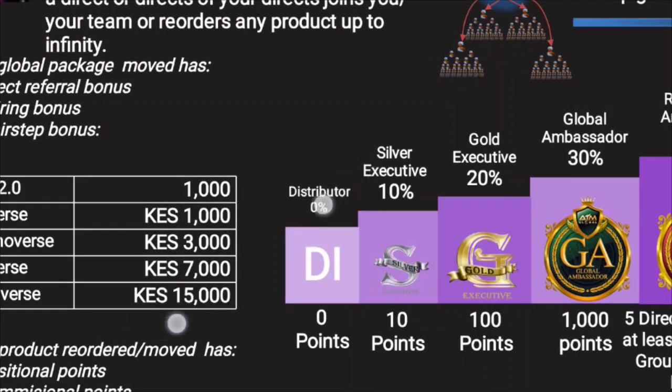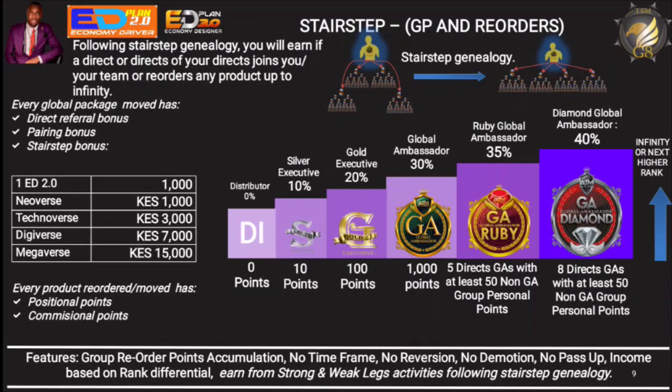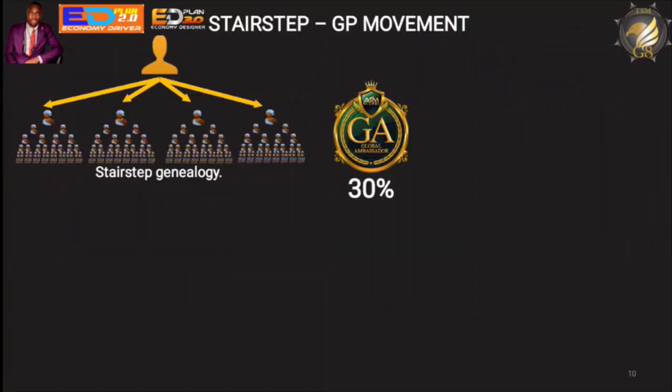We have the packages, okay? So if you have the Digiverse, Neoverse, Technoverse, it's usually this one here, Digiverse, Neoverse, Technoverse, and all that. It has different value for stair-step income. So you get that these ranks here have a different percentage of this amount of money. So if you're a distributor, you earn 0% of this. If you're a silver executive, you're going to earn 10% of this figure. If you're a gold executive, you're going to earn 20% of these figures. Global ambassador, 30%, like that. You can see here it is